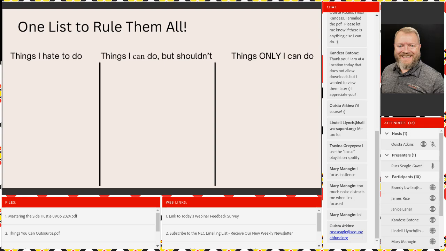And then in the center, I want you to make a list of things you can do, but shouldn't. I can build a website. It doesn't mean that building a website is the best use of my time. That is not the best return on investment for me. I'm better off hiring someone to do that. There are a lot of things that we can do, but we should not, because it's not the best use of our time in the construct of building this side hustle. So when we have these 2 lists, the things that we hate to do and the things that we can do, but we probably shouldn't,